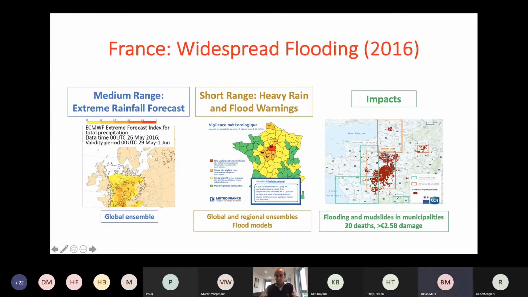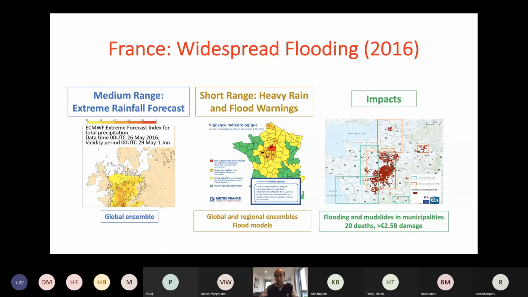There was hydrological modeling that was used in 2016, and the general take home from this in regards to the forecasting was that the overall forecasting was fairly good, but then there were discrepancies in the exact areas where the highest flooding would occur or was forecast to occur.